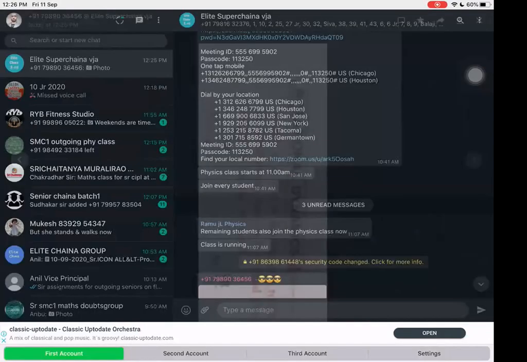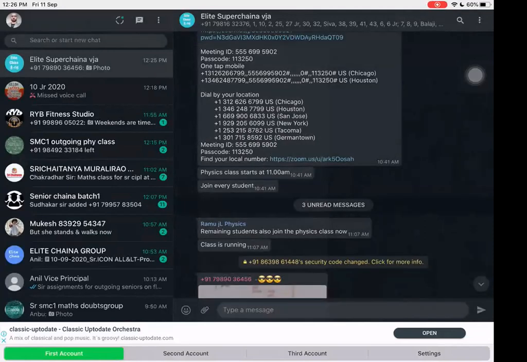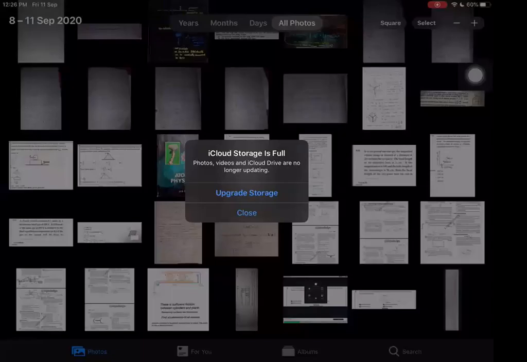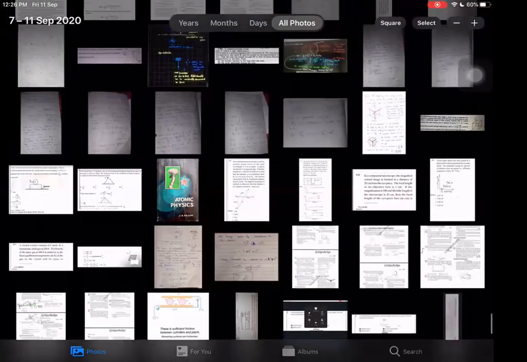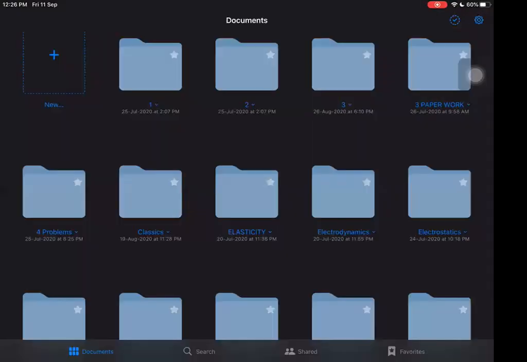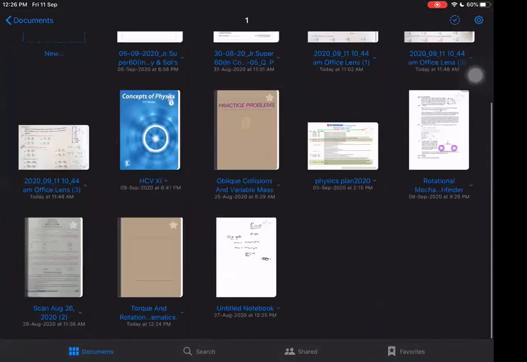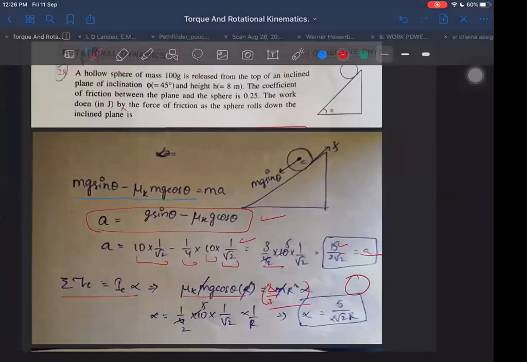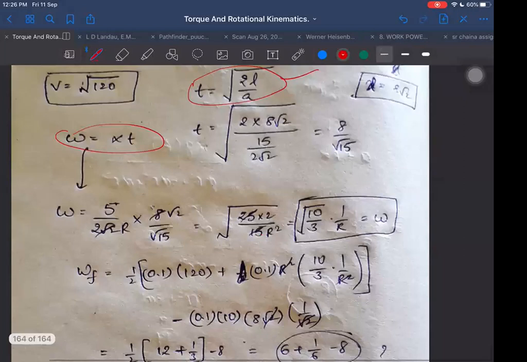Wait a second. See, to make it horizontal, I am still doing that only. So your time will be wasted unnecessarily if you are doing that. Send it in a proper way only, in proper orientation. So much time it will take just to make it horizontal. I again sent one more thing.